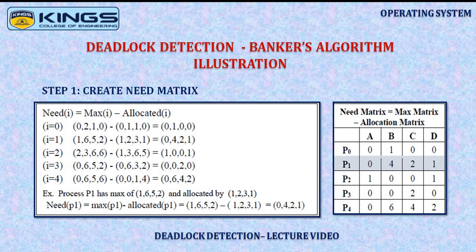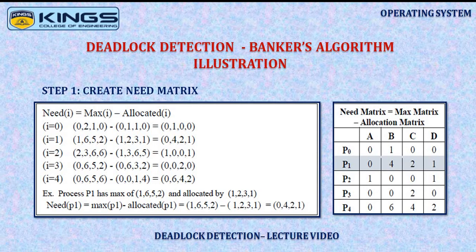Next we will move on to the creation of the need matrix. So far we have seen the given state of the problem, that is allocated resources for each process, maximum resource requirement for each of the processes, and availability of resources for utilization after allocation. We are going to examine now whether a safe state exists. We need to find the order of allocation of resources to each of the processes so that all 5 processes will complete their task utilizing the available resources. So the first step is to find the need matrix.